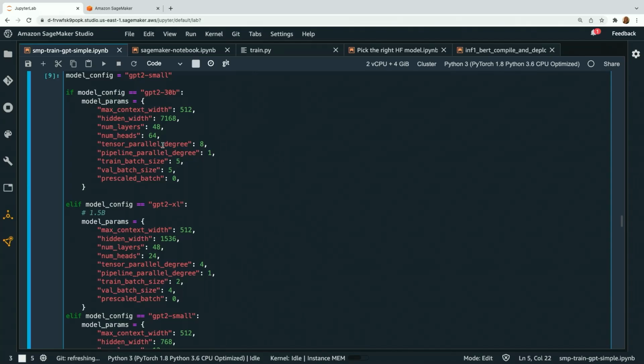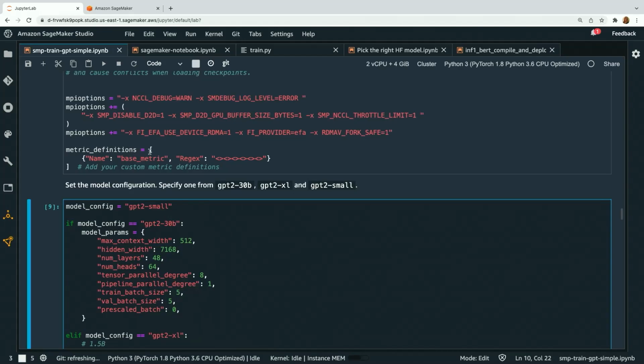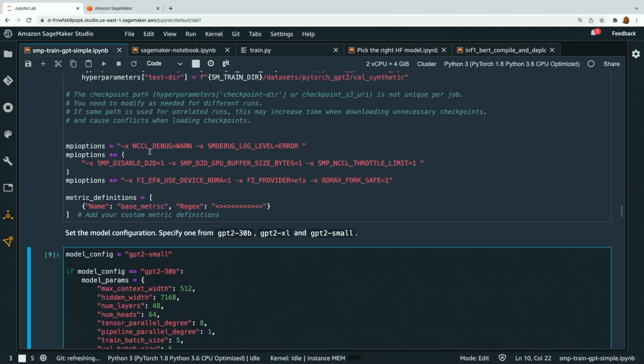Actually, I need you to change out the overall size of that model and how you are defining that using SageMaker distributed frameworks. So tensor parallel, pipeline parallel, all of those, you need to modify those as you increase the size of that training job. And we have notes about doing that in our documentation, so fear not, it's all very well documented.